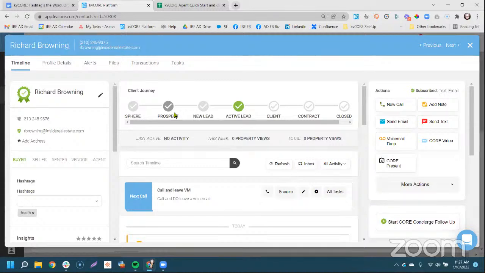So in speaking to contacted or contract closed, what you're going to see is, okay, these people are kind of new to me. I don't know much about them. They don't know much about me, but now they've started looking at things and talking to me. So now they're an active lead. Now, when we put them to client, maybe I have the feeling that I am their people and they have the feeling that they are my people. We've got that trusted relationship building. Contract, maybe you have them sign an agreement to look at homes or to buy and sell a home or to sell a home.